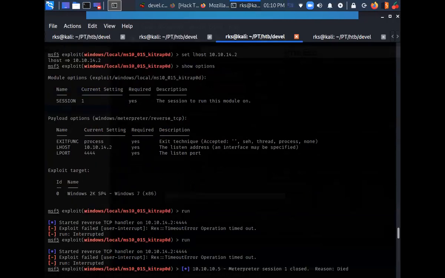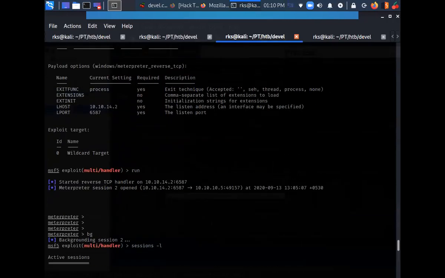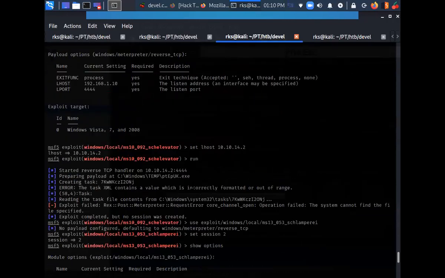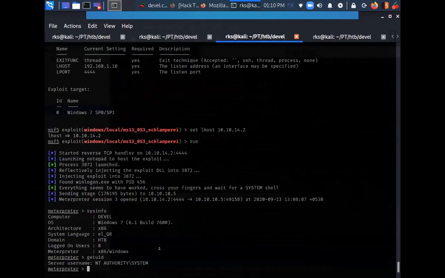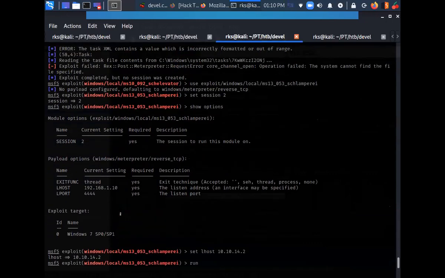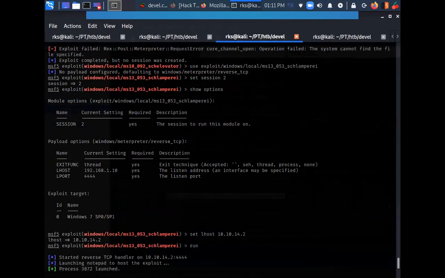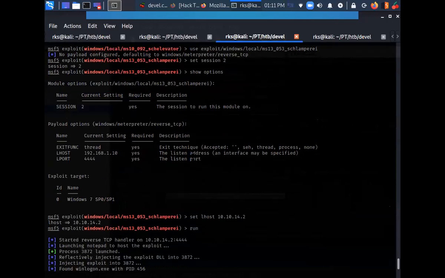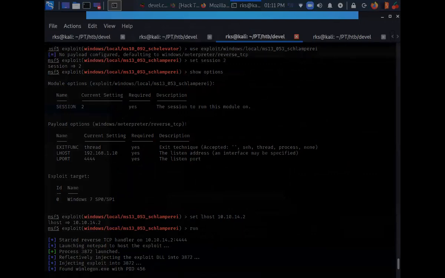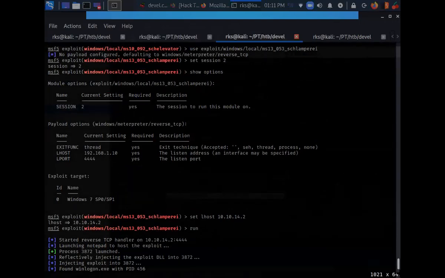Okay, so let's just go here, all the way down. Use exploit this one. So let's take a snap here.